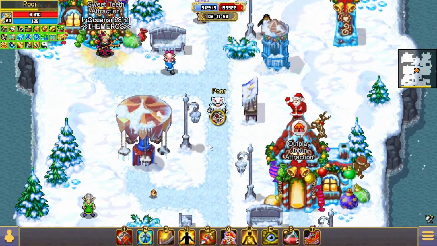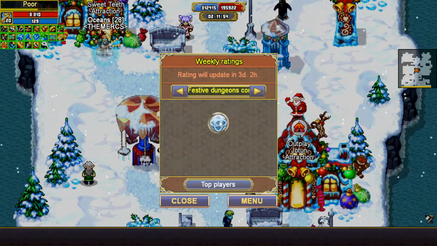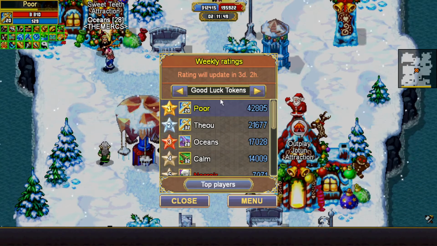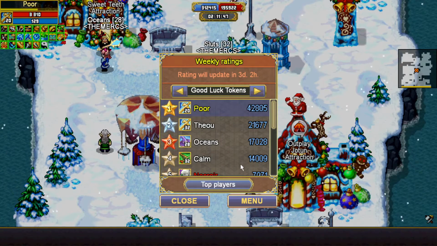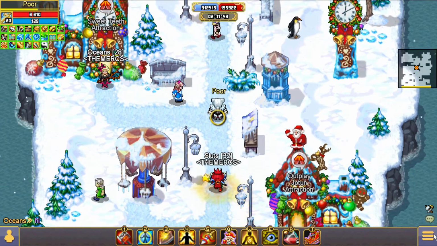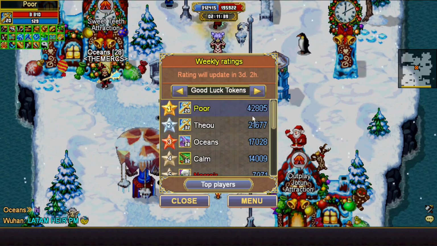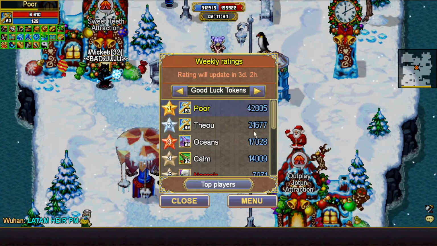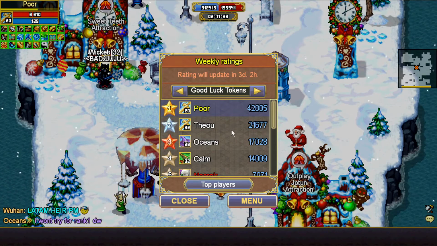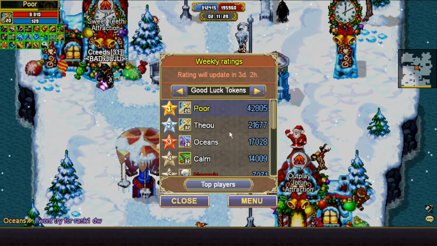So my last final tip is really for people who are attempting to get first place or high enough in the Lucky Token tournament, and the tip is try to stay ahead. Like I'm about 20,000 ahead of the person in second place, and that's because,